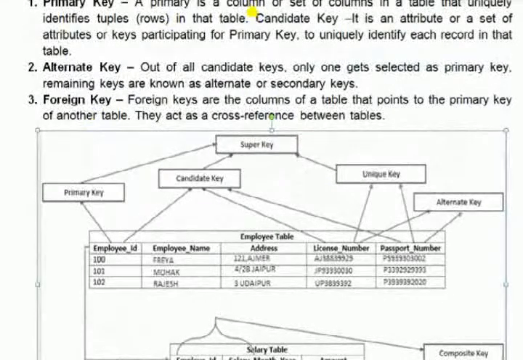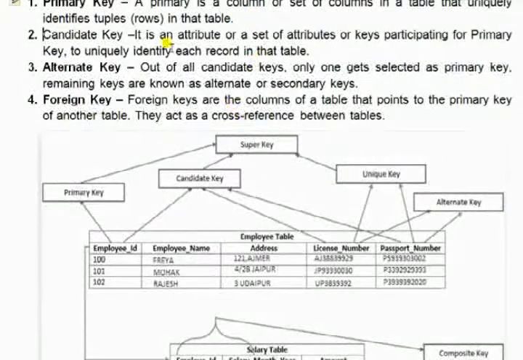Last day I discussed that the primary key must have unique values, with no repeated values, no blank value, no null value. Employee ID is one such field, which has no repeated value, no blank value.